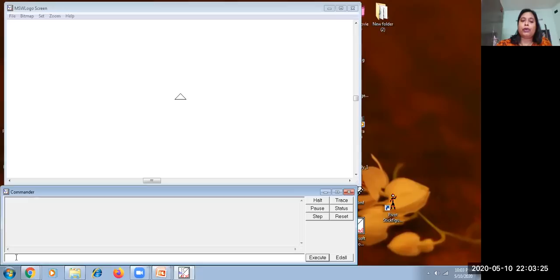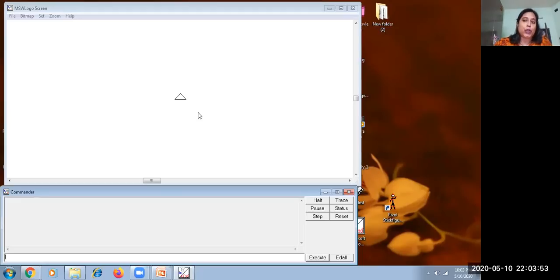Whatever command you are writing, it will be displayed here, so that if you want to reuse any command, you can reuse it. Now this is the working area where the turtle works, where we can use the turtle and draw some symbols.